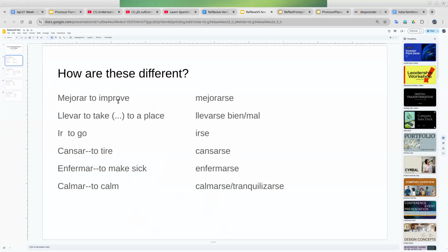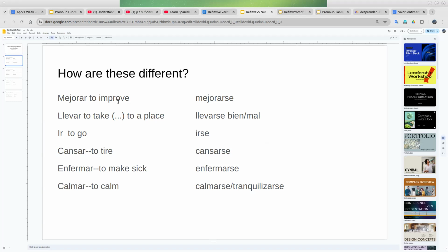I had a student who once asked me a super good question. He thought it was a dumb question. It was not at all dumb. It was a very insightful question of, can any verb be reflexive? Can all verbs be both regular and reflexive? Can I do that with everything, theoretically? And the answer to that is no, but often it almost feels like it should be yes.